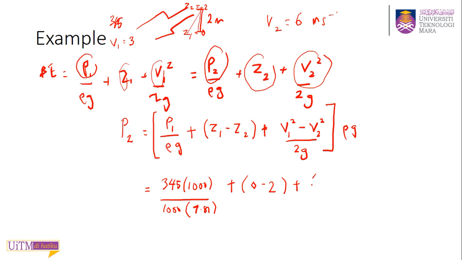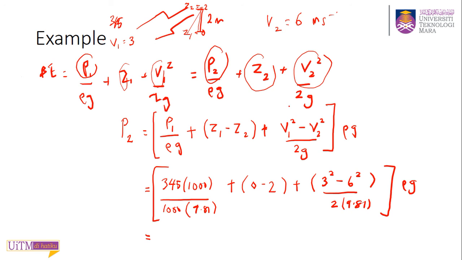Plus you have your V1 is equal to 3 squared, and you'll find your V2 is 6 squared. Then 6 squared, divide by 2 times 9.81. And this all times by rho g, so you take P2 outside. If you calculate this correctly in your calculator, it should give you the answer, which is